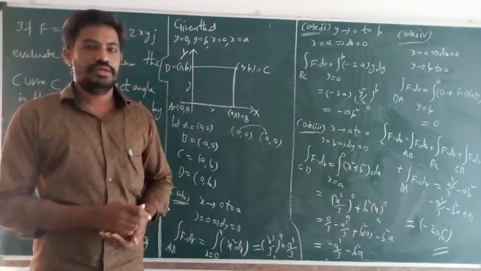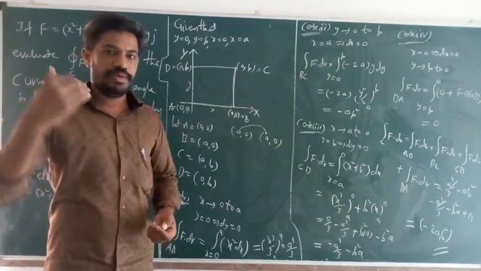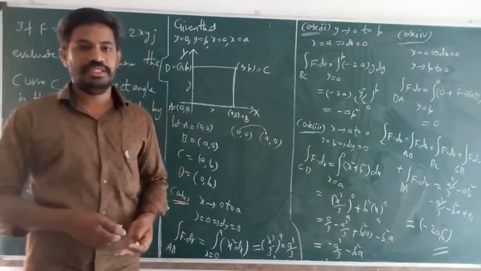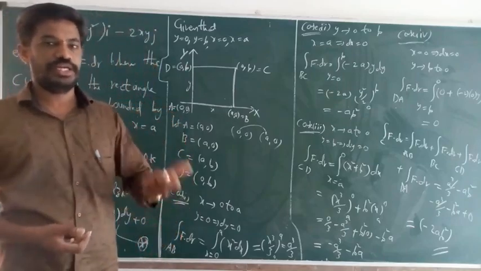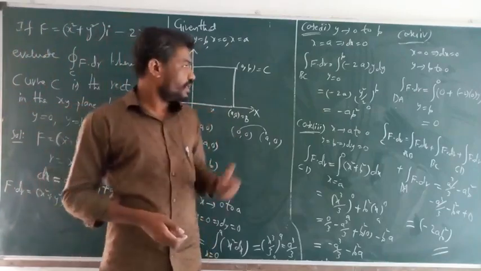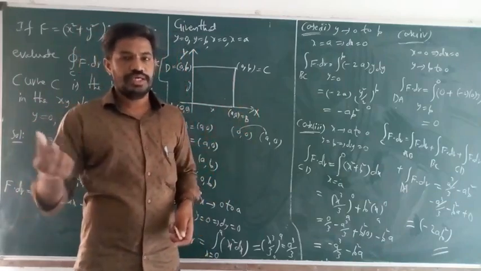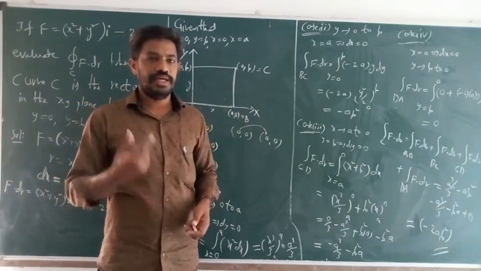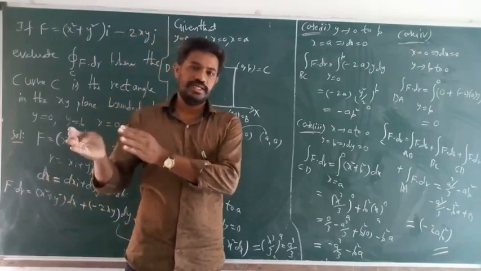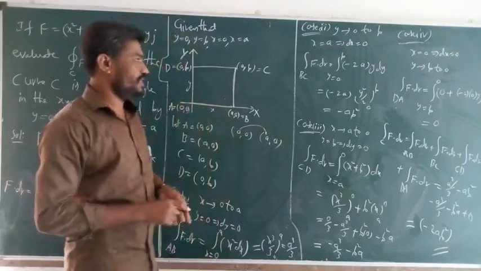So you can select the correct conditions. The main thing is that the conditions are important. Depending on the question, direct F is given, or a condition is given, or direct limits are given. In some previous questions the limits were also given directly, so you can substitute directly. But in this question you draw the diagram, do case 1, case 2, case 3, case 4, and assume the correct limits, and integration is also very important. You select x limits and integrate dx. You select the y limits and integrate dy. This is a very easy question.